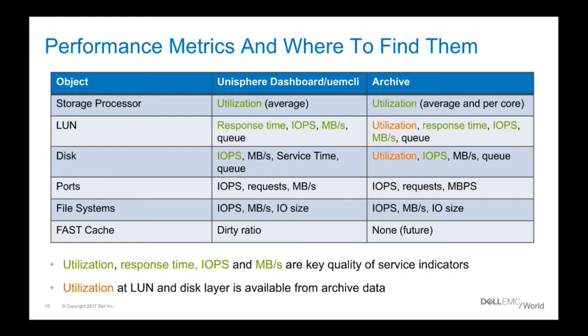Across the top, we can see we've got the performance dashboard as well as the Uemcli, and these are the performance options that you've got to retrieve data and have a look at that data and visualize it in some way. Over on the right-hand side, we show archive,